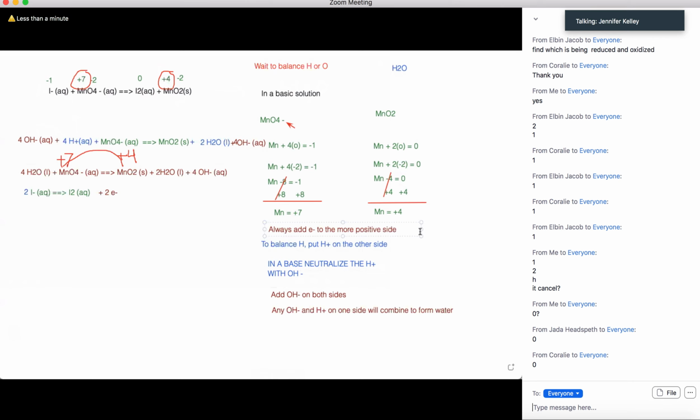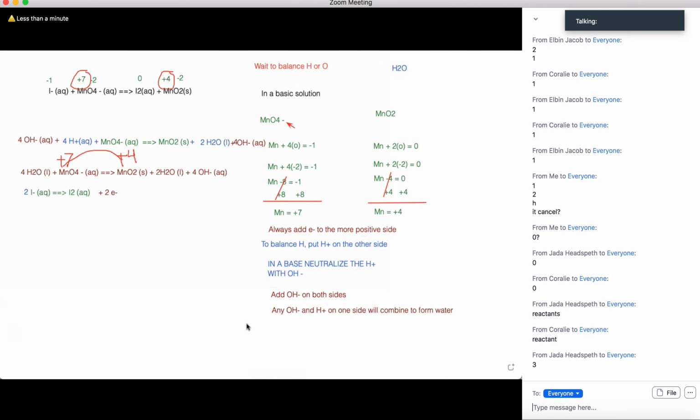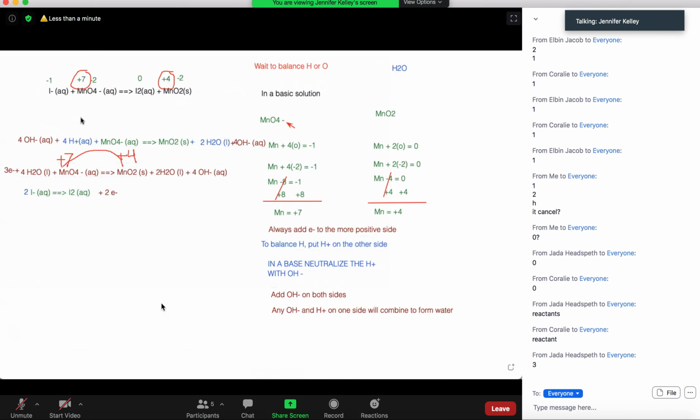All right, so which is the more positive side? The reactant side or the product side? Good, reactants, because it has a +7. Now, how many electrons would we have to add to +7 in order to get +4? Yes. 3. Good. Okay. So now, looking at these two,